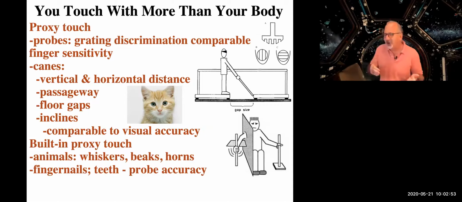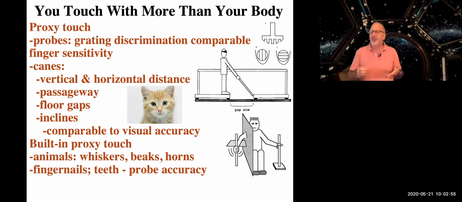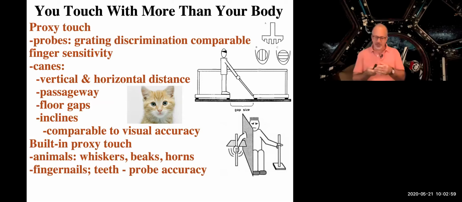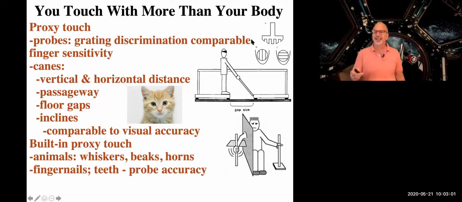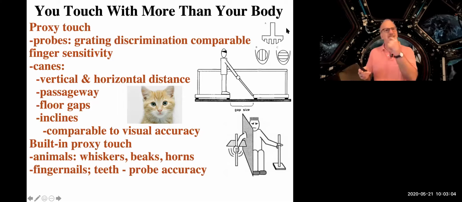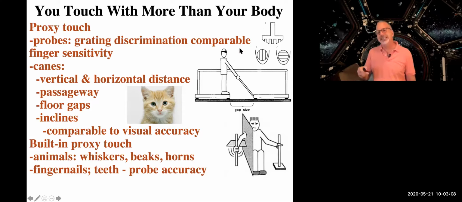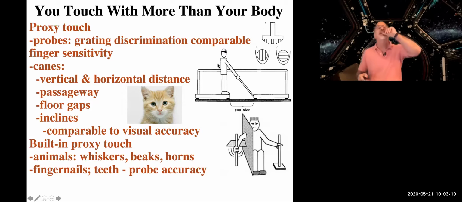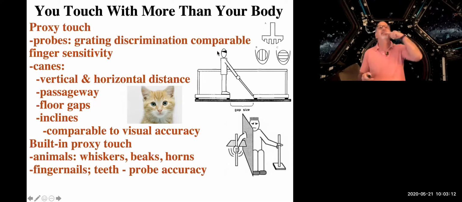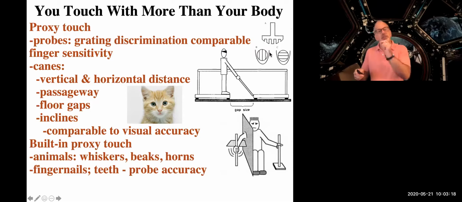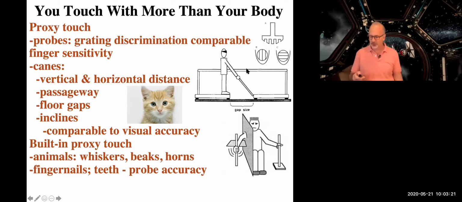In fact, there are experiments showing that you can use your teeth as probes, in this type of experiment we've talked about before. People can use, especially, you can imagine this, the front teeth with their eyes closed, and they can tell you the orientation of ridges. You can imagine the front teeth right there that have that little line going down. The teeth will tell you something about the orientation of the ridges.